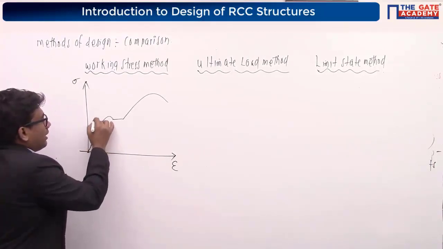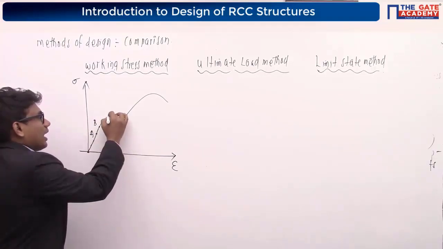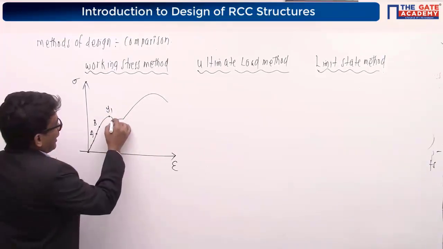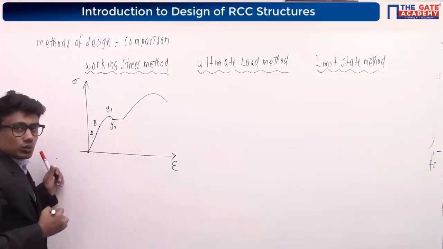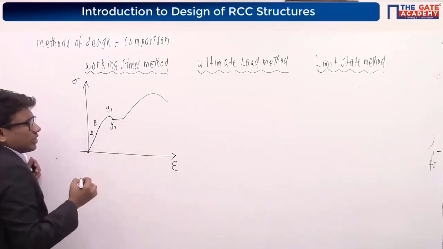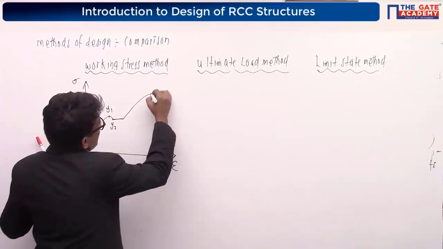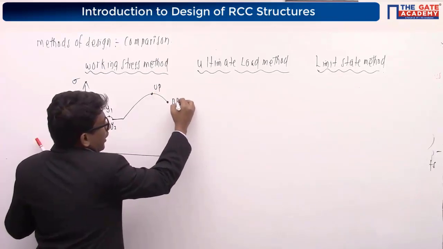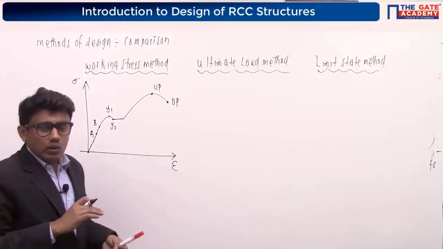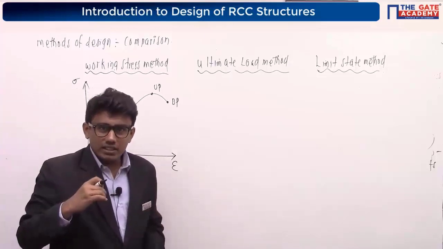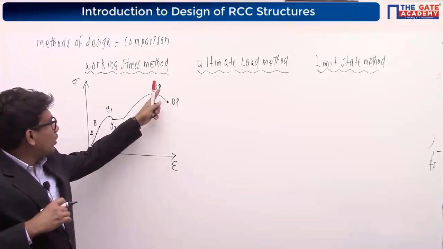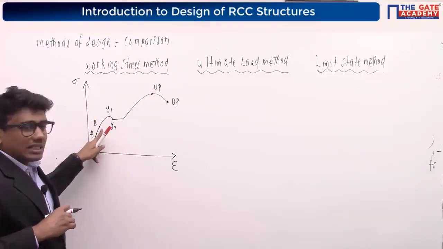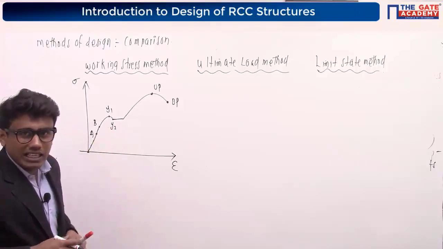This is the proportionality limit, this is our elastic limit, and we have our upper yield point. I am going to consider it as y1, where yielding starts, and this is our lower yield point, which I am going to consider as y2. This is the plastic region, also called the yield plateau, and this is our ultimate point, and this is our breaking point. The breaking point means the point where the steel fails. So the breaking point is a stress value, the ultimate load point is there, y1 is there, y2 is there, the upper yield point, lower yield point, the elastic limit, and our proportionality limit are all there.